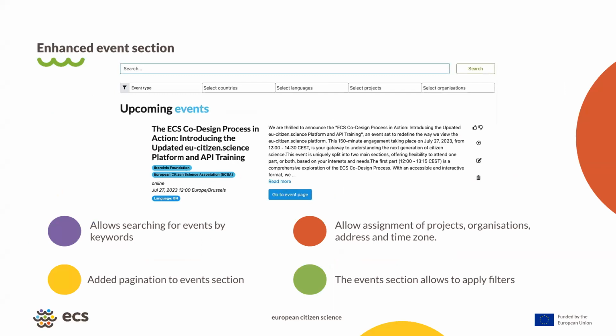And lastly, we are presenting the super deep enhancement of the platform's event sections. I don't know if you remember how it was displayed previously, but the event model was pretty basic, allowing only for the association of details such as title, description, URL, date, and the hour of the event.